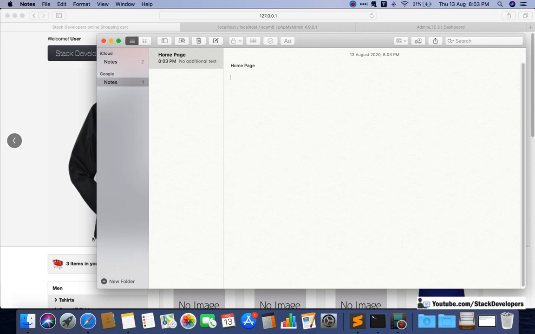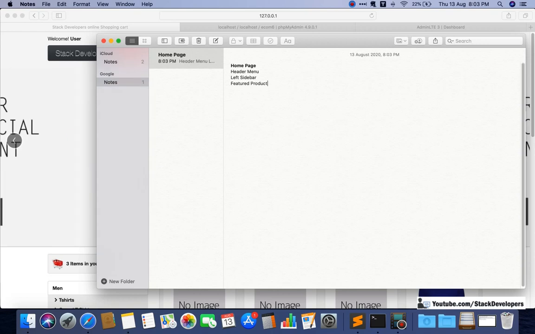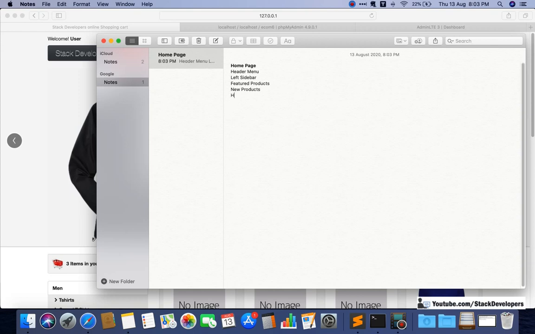You already know that in the home page we have done these features: header menu, left sidebar, featured products, new products or latest products, and home page banners.